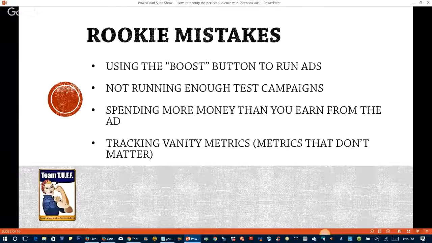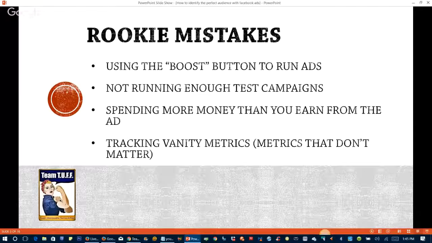All right, another rookie mistake is tracking what they call in the industry vanity metrics. Vanity metrics are metrics that don't matter. In other words, they don't matter to your bottom line. They aren't making you any money. I'll give you an example. Let's say that you boosted your ad, and it says that over 2,000 people saw and liked your ad.